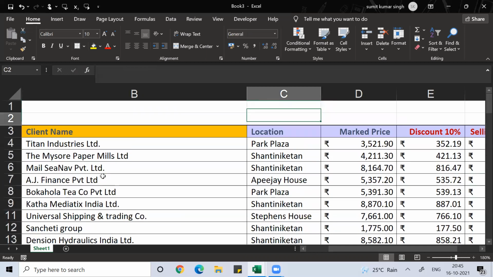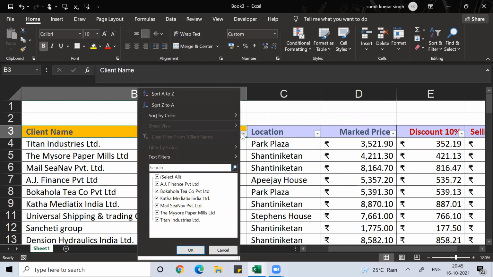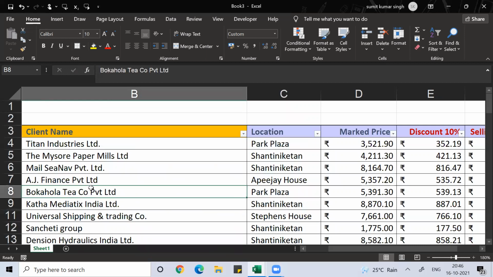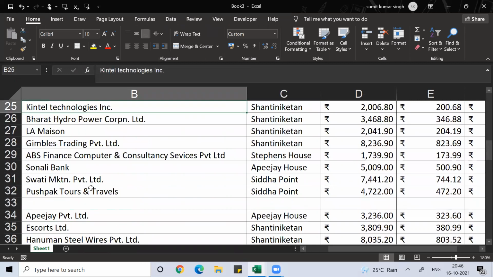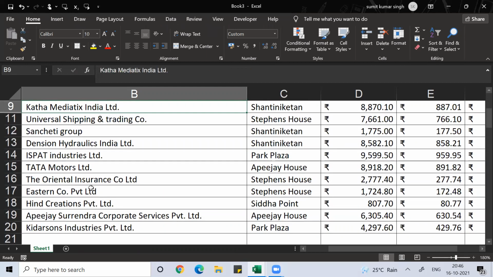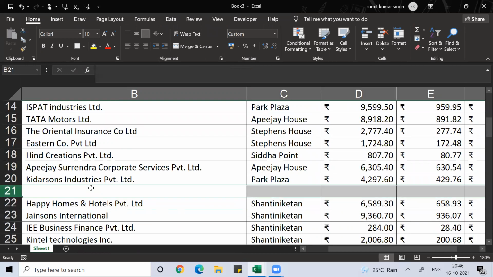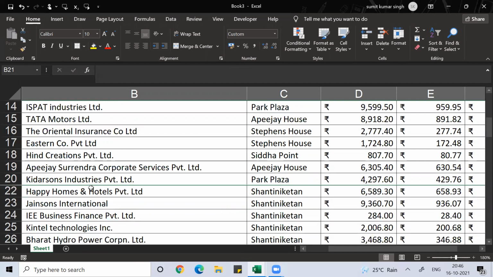You're getting it right? So Alt D F F is for filter, right? Then the blank is not coming. Okay, so if I want to hide this, unhide it, or delete it, select the row by Shift space bar, select the column by Control space bar, then for hiding Control 9, for deleting Control minus.